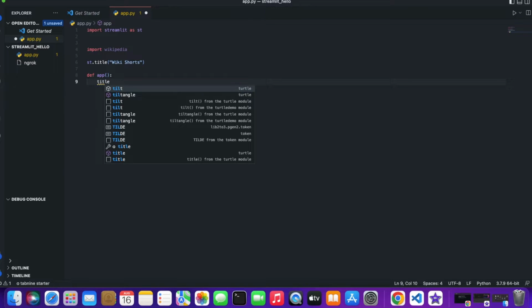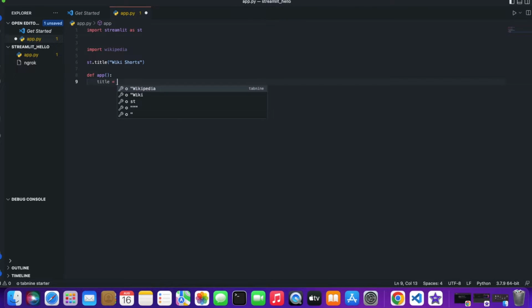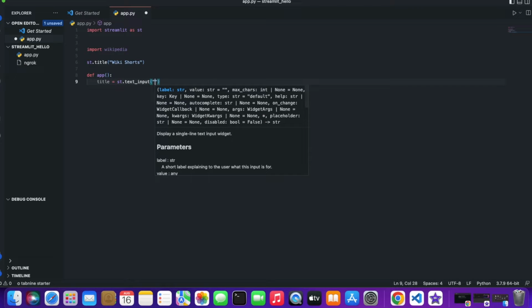So I need some word, some title to be searched on Wikipedia, right? So I can give it this method, that is st dot, and then we have already seen the text input. So we have to take a text input from the user, and then there we can give a placeholder sort of thing,